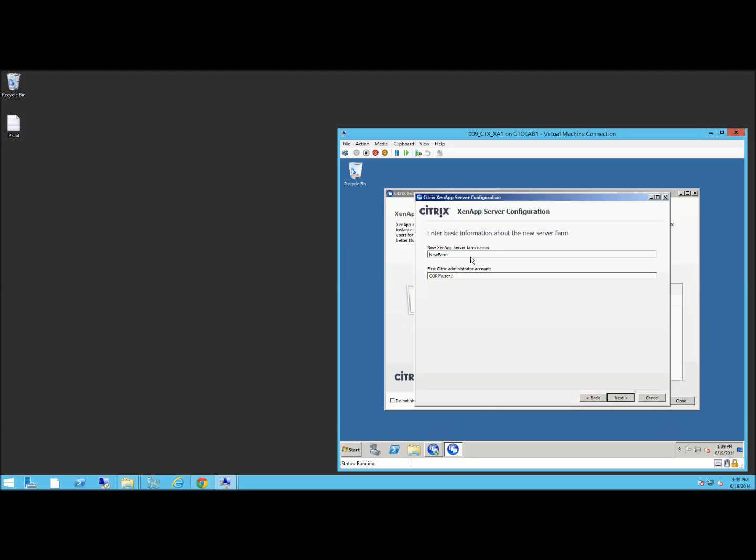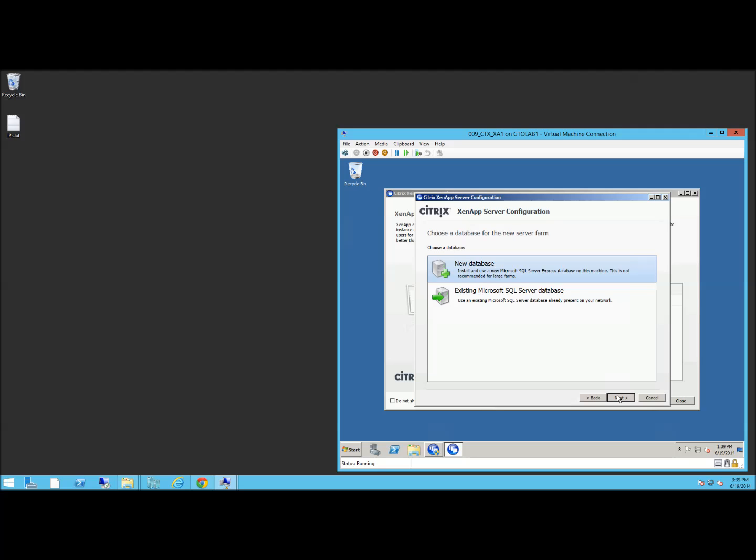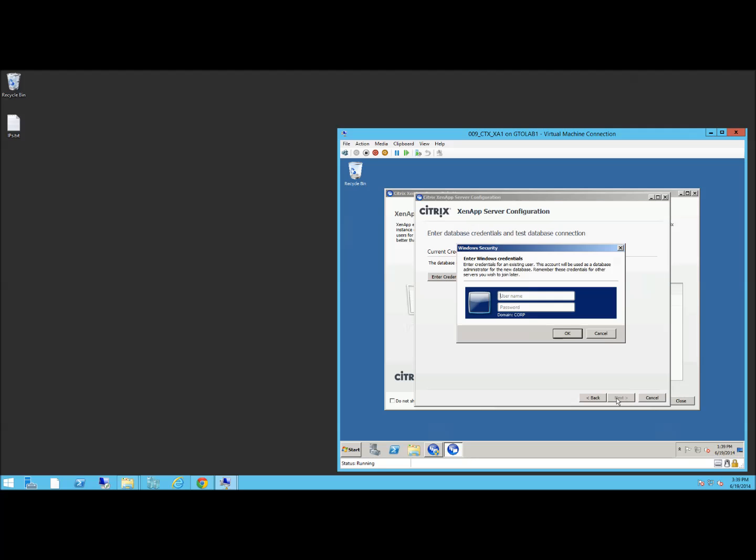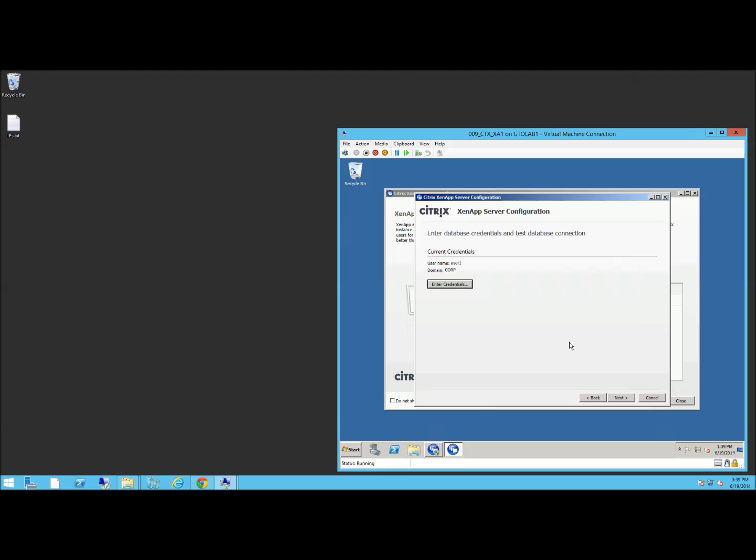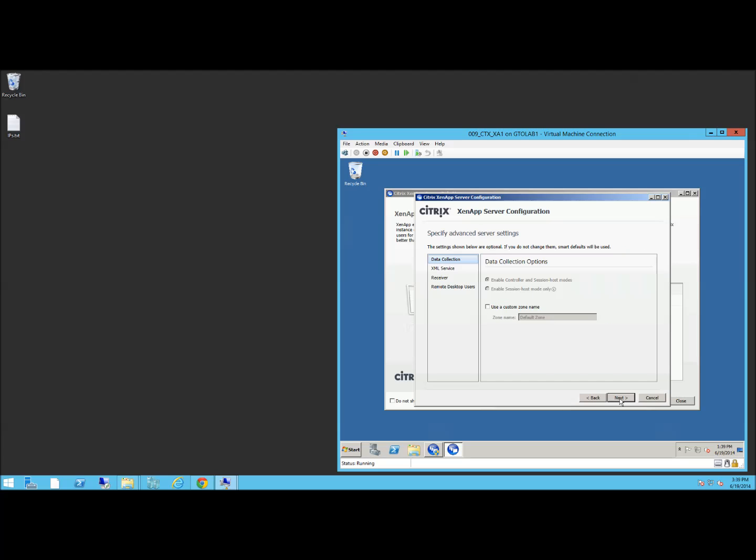So we create a new server farm, and we need a database for XenApp to store all the data that it needs to store. Click next, and here I'm not interested in shadowing, so I will just disable that option. So you can review all the different options here. The XML service running on port 80, the receiver, we can configure that later. So we click next,